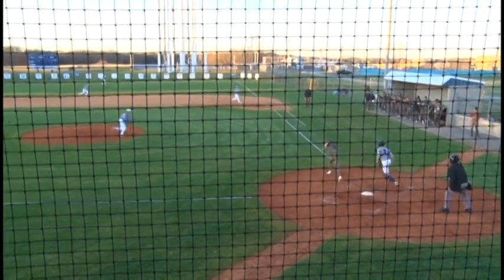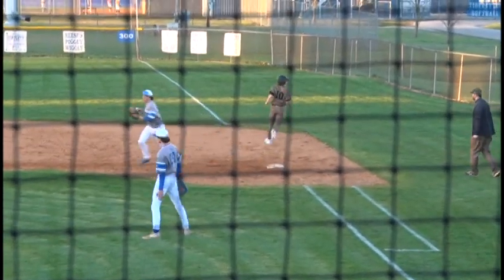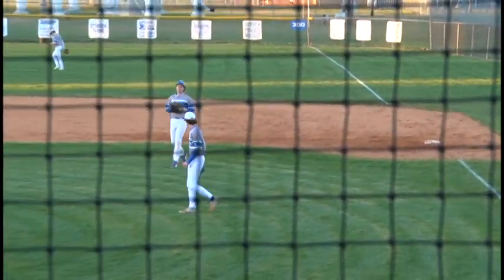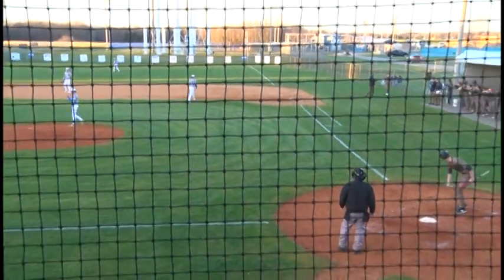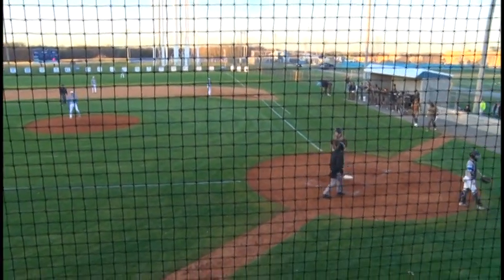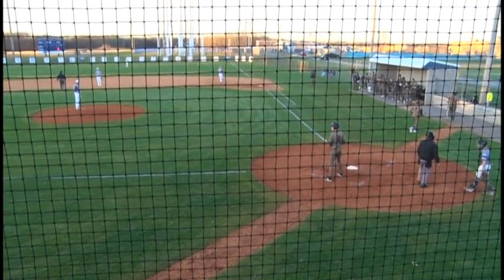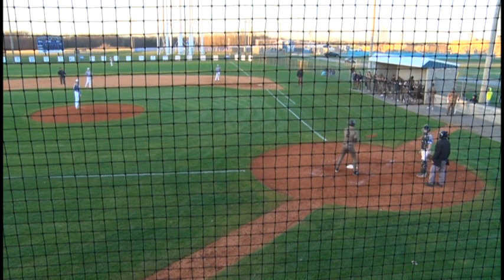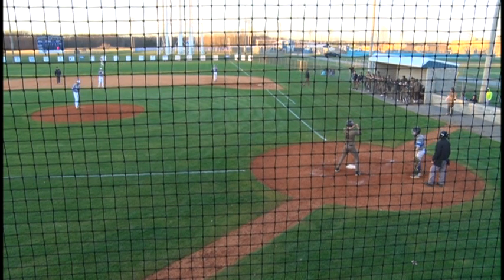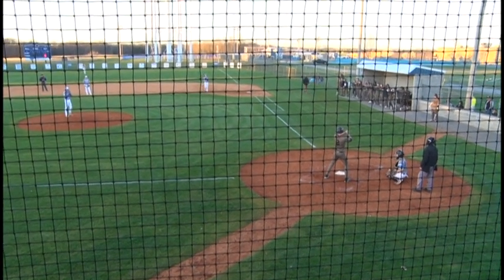Here's the pitch home. Here's a bunt. Hunt's going to barehand it, toss it over to Polston on first for the out. They will get the out, but that will advance the runner, Johnson, over to third. And that was the design of that play, to sacrifice bunt to advance the runner into a scoring position. So with one out, Tigers trailing 4-2, it brings up